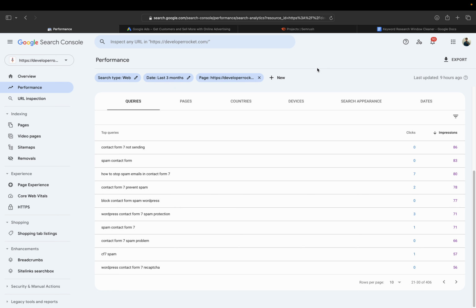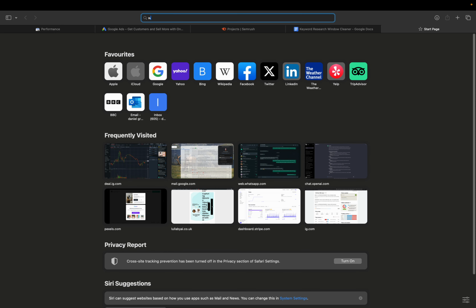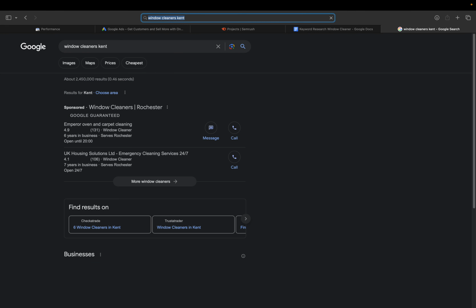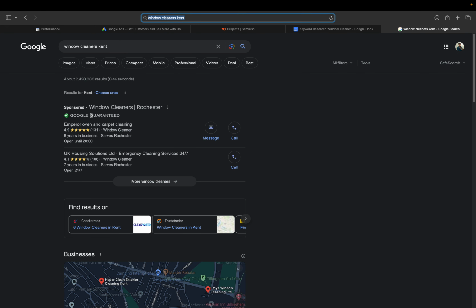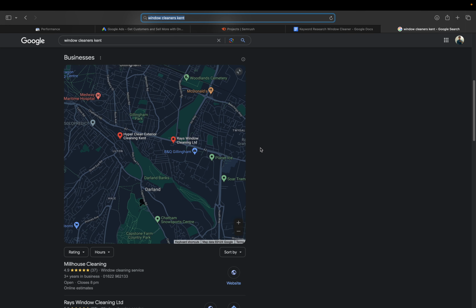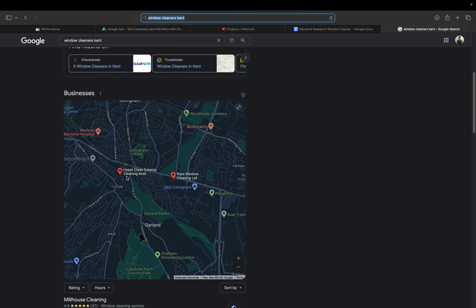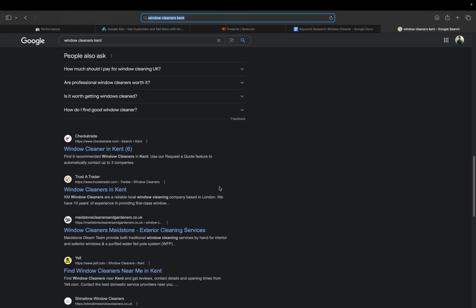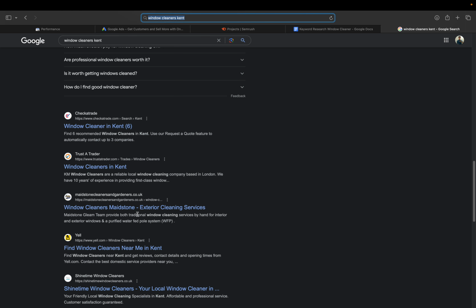And yeah, so if we wanted to go from here, we could Google window cleaners Kent, because we're in Kent, and we can see here the top ones, ignoring these sponsored ones, and also the ones based on location, because these will only find the ones closest to you. We can see the top one is Checkatrade, which doesn't really count because they're a big company. We want to find the first one that is actually a business, Trust Trader again. So the top one is this,